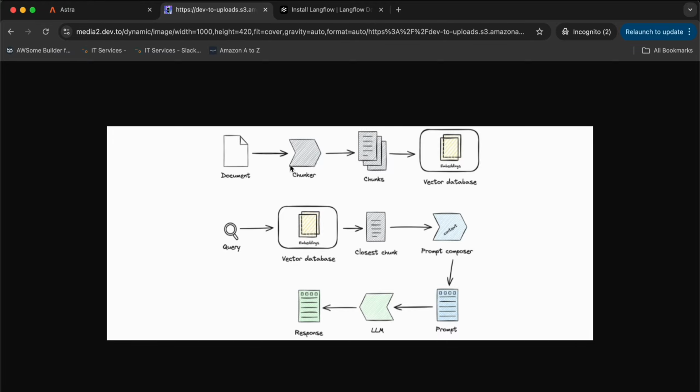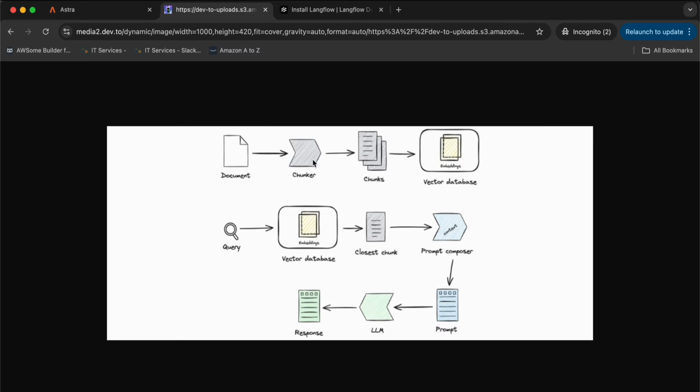Now, for RAG, there are two processes. Number one is the one that is on top, called ingestion, right? Ingestion typically means that you have a document, or actually this document can also be the content of your web page, and the document can be any format, can be PDF, can be docx, and so on. The content of the document will be extracted and then will be chunked using a chunker. I will show later in LangFlow how you do it very easily.